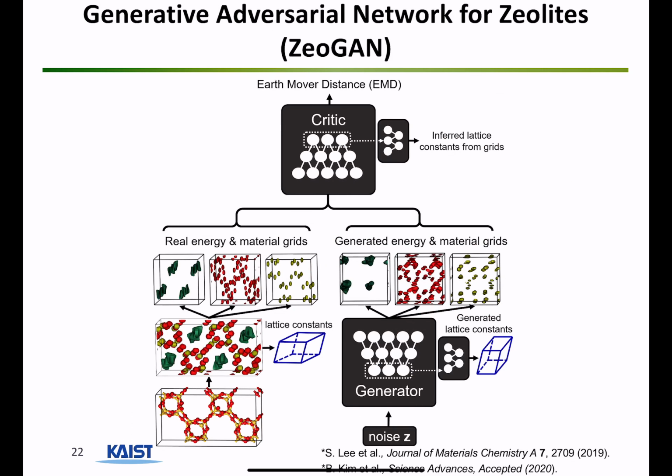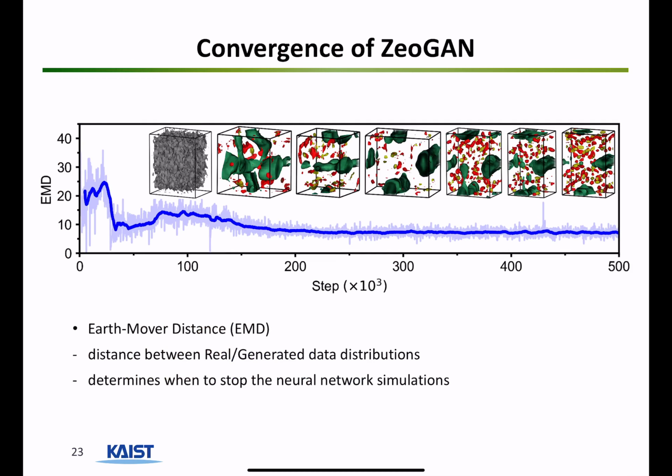Nonetheless, we have in our lab recently trained a GAN to create new materials. So this is our neural network structure. I won't go into the detail. And this is what happens when we train the neural network. Initially, it looks like a mess. This is just noise. But pretty soon you see that these colors begin to separate, and the red and the yellow are the positions of silicon and oxygen atoms of zeolites. So as the training persists, we see a division and what looks like a material.